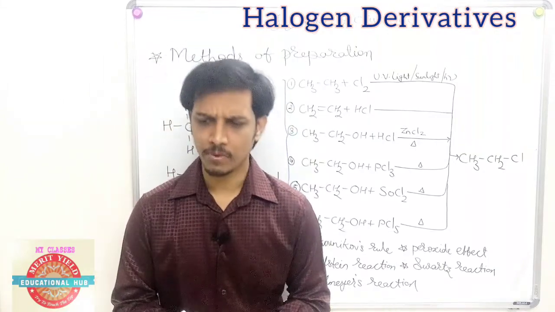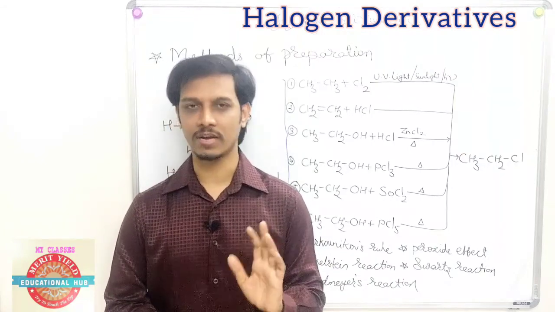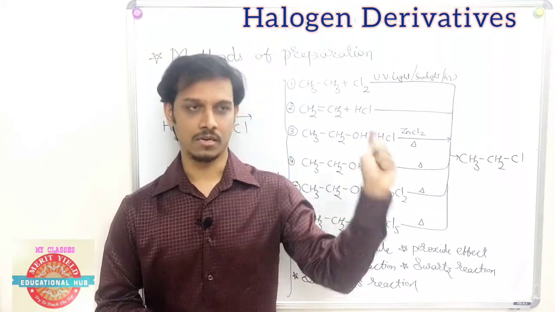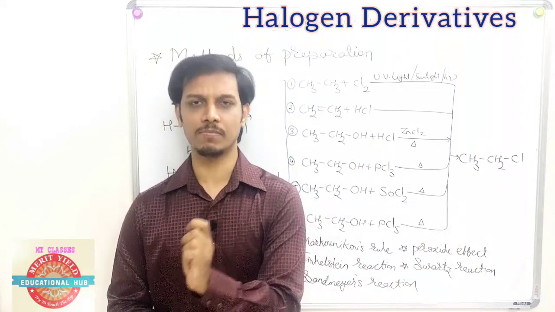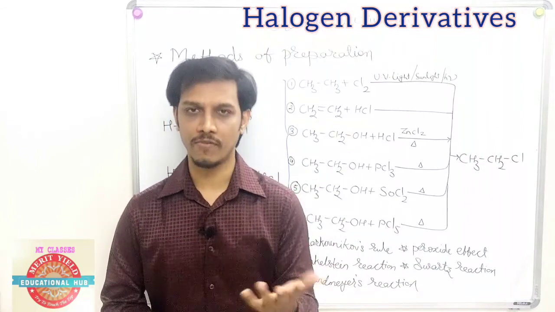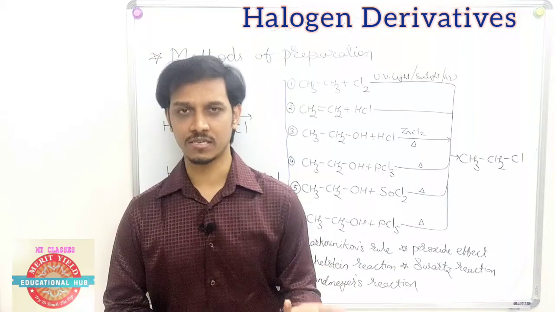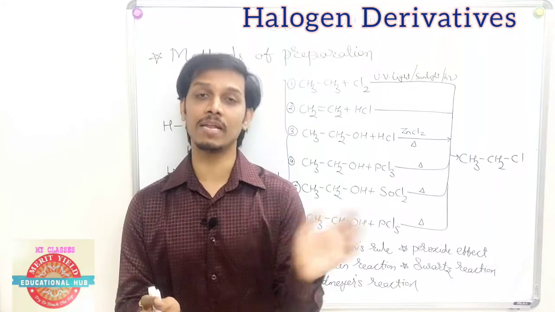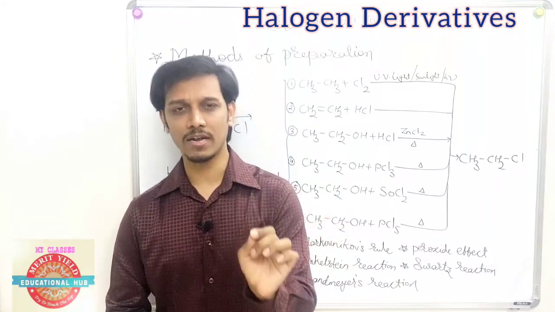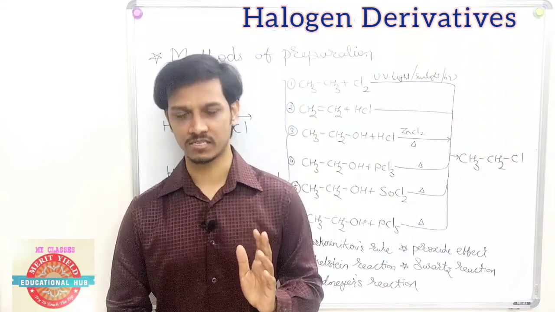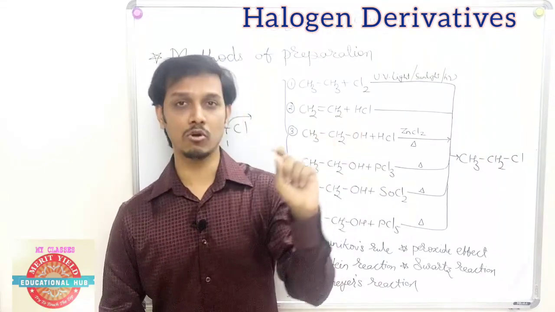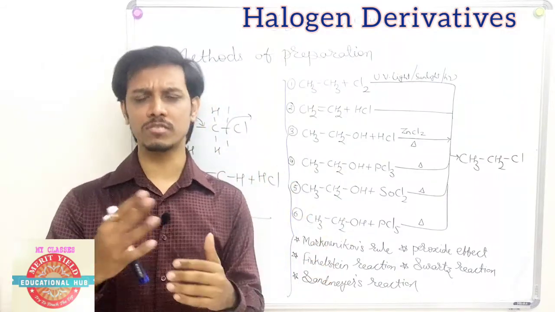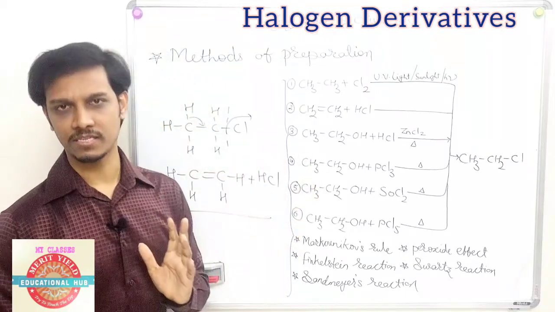Why am I saying so? Because in your syllabus there are around 126 reactions. All the reactions, you can divide into two categories. One, name reactions. Second, reactions following a basic principle, where a good nucleophile replaces a bad nucleophile, and conditions matter: if you increase the temperature or decrease the temperature, the result varies. So these are the basic reactions, but the remaining reactions are just name reactions. You do not need to go into the details of those. So that's why I'm telling you, if you get to know the trick, why it is happening, what the valences of the elements are, how to stabilize and balance it, then the reaction becomes very simple to understand.